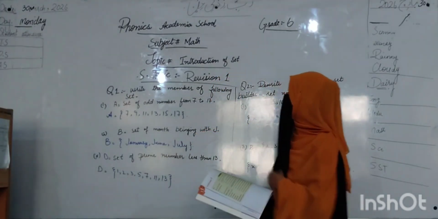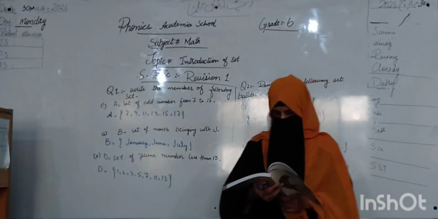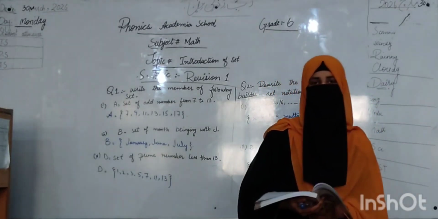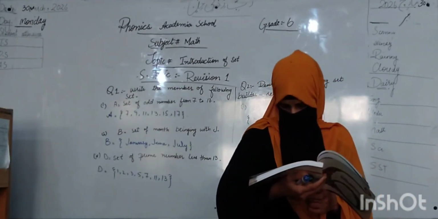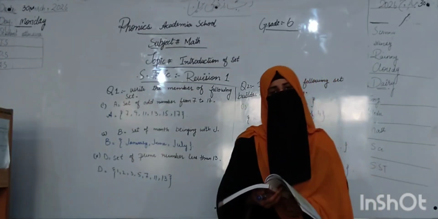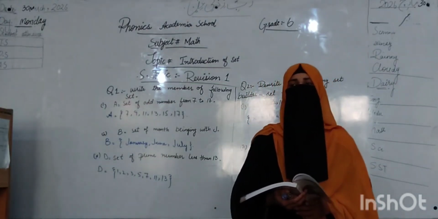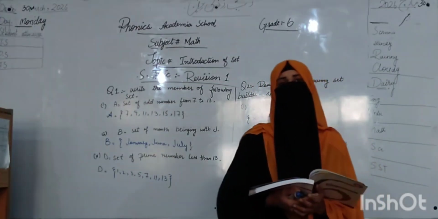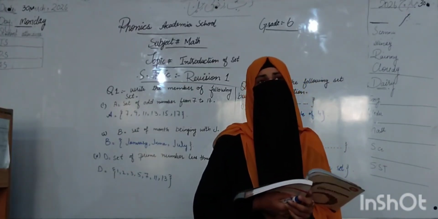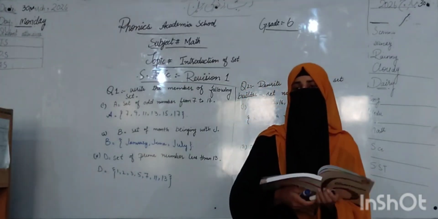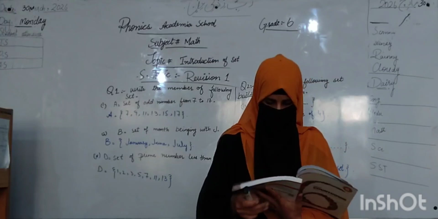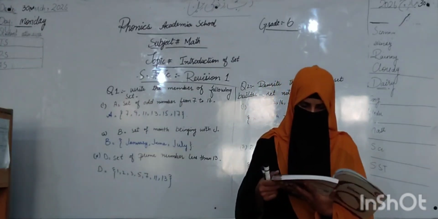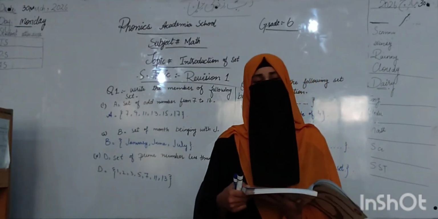We have to do unit number 1, introduction of a set. Students, today's lecture depends upon your revision. Open your book to page number 13 and also open your notebook. Students, you know that when you write the members, you write the members' names in a bracket. Today's lecture is on how to write a set's members in a bracket and how to write the set